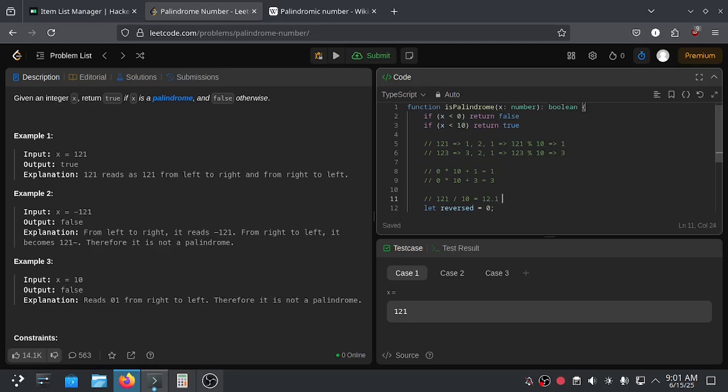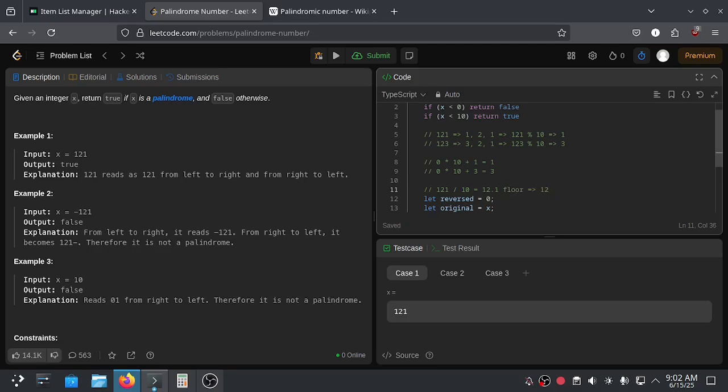In order to get the second digit, we floor it, so it will be 12.